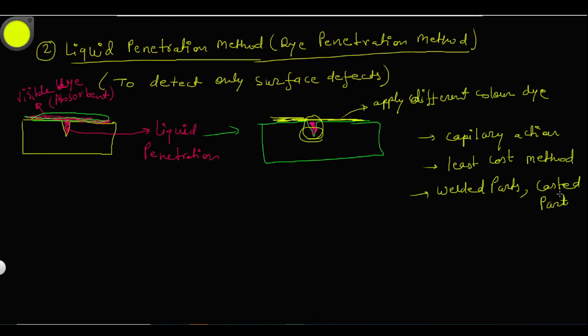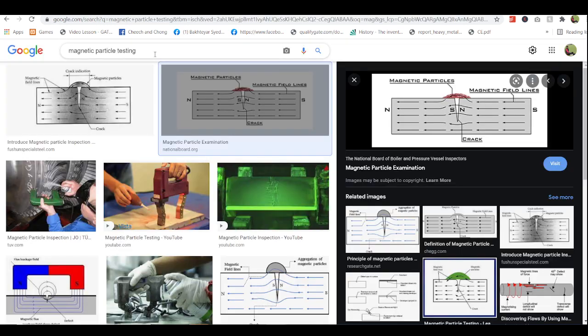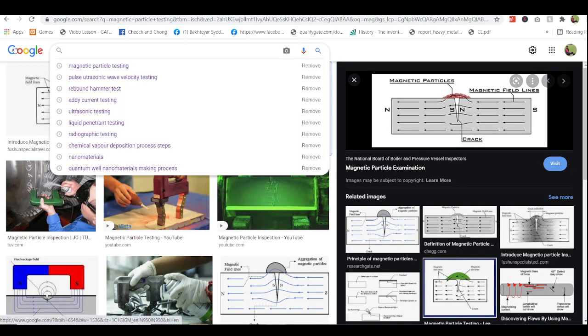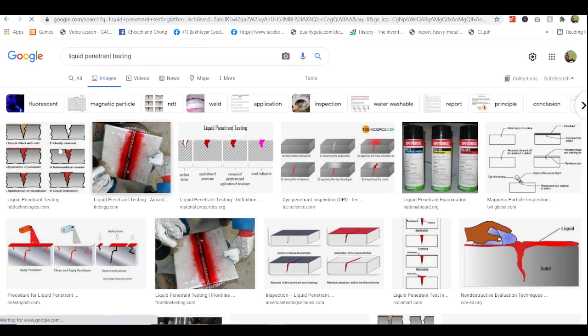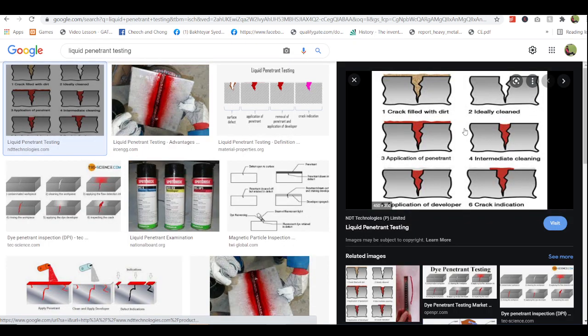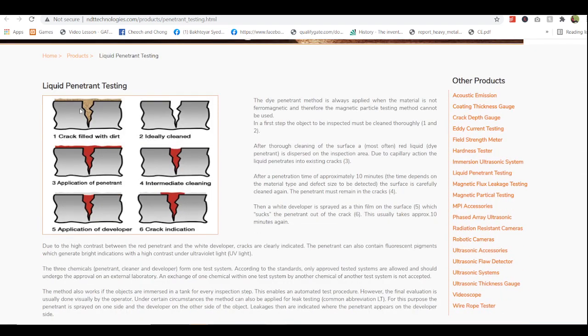Okay, now I'll show you some pictures. See here. This crack was filled with dirt.